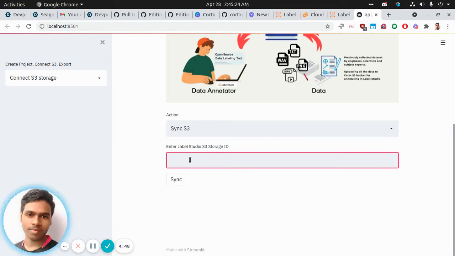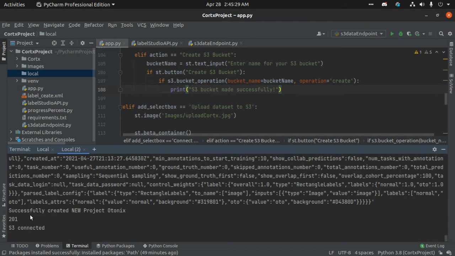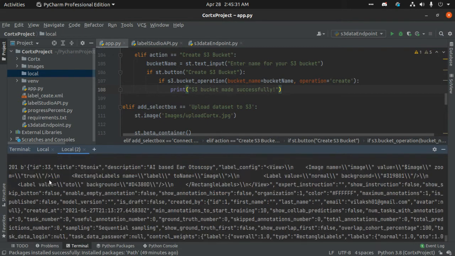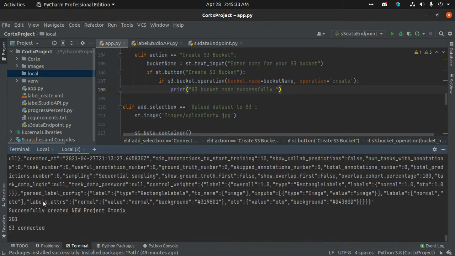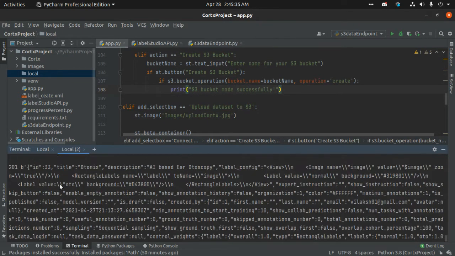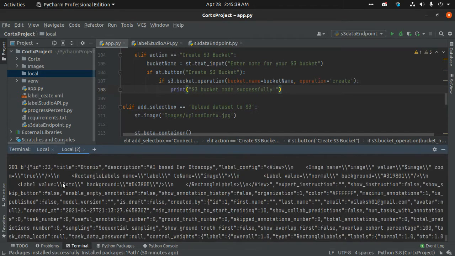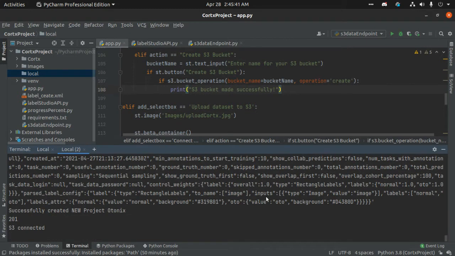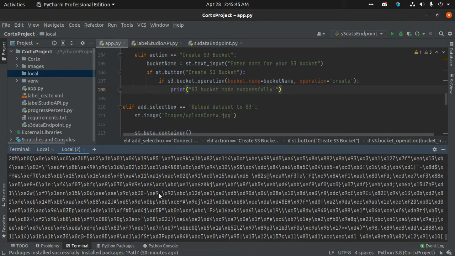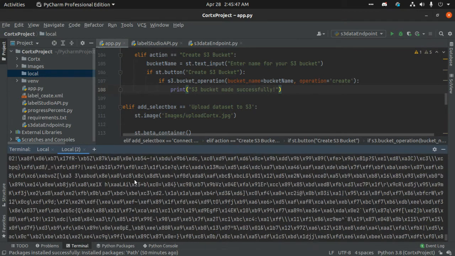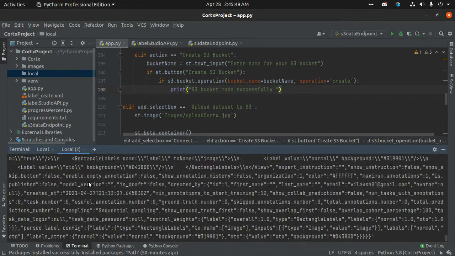The storage ID was, I guess, 22. We can check it if we forget anything. Let's see the storage ID. It was 21 or 22, I guess.